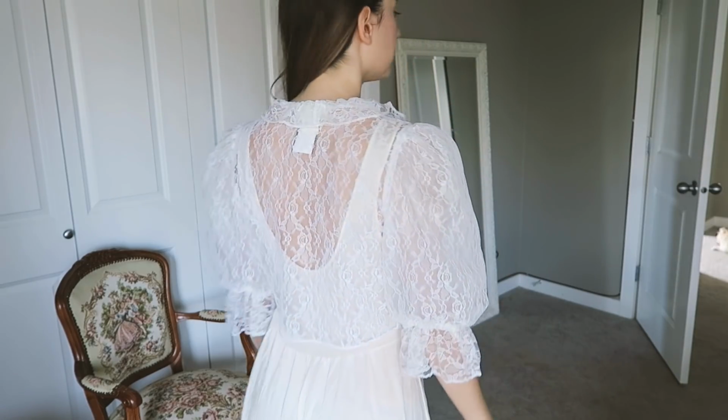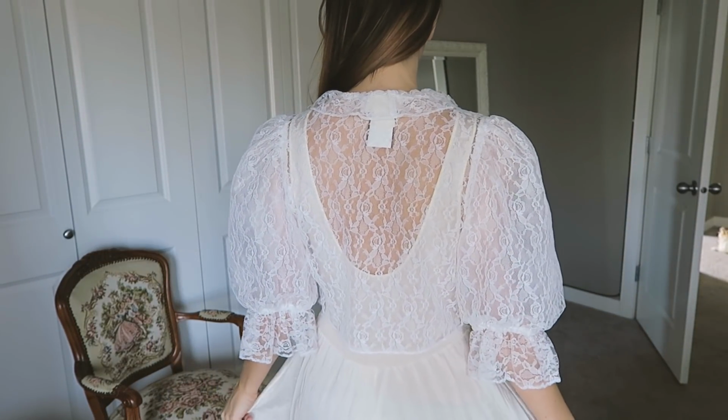Amazing layering piece. You can use it for so many things. You can layer with any dress, really any blouse, to go with any skirt. Like, look at it. Oh my god. I feel a little bit exposed in this, but this next piece I actually found in a